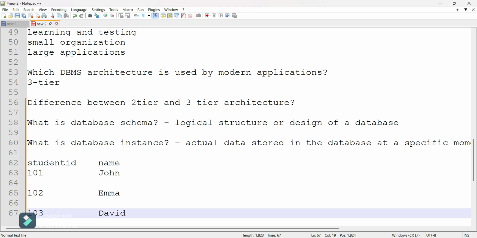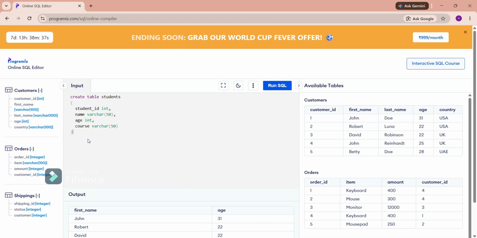The SQL example is: insert into students values 101, John, age is 20 and course is DBMS. Now the table contains data.